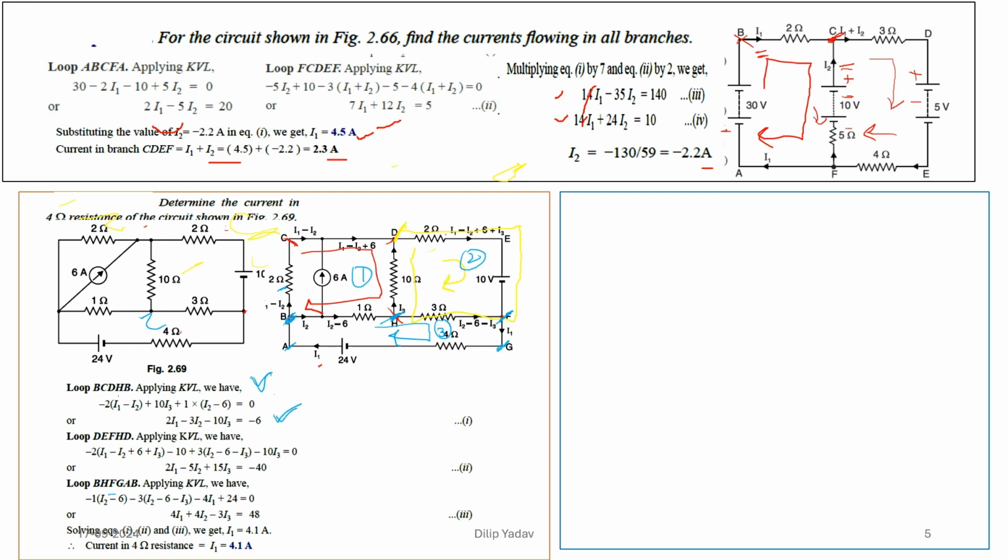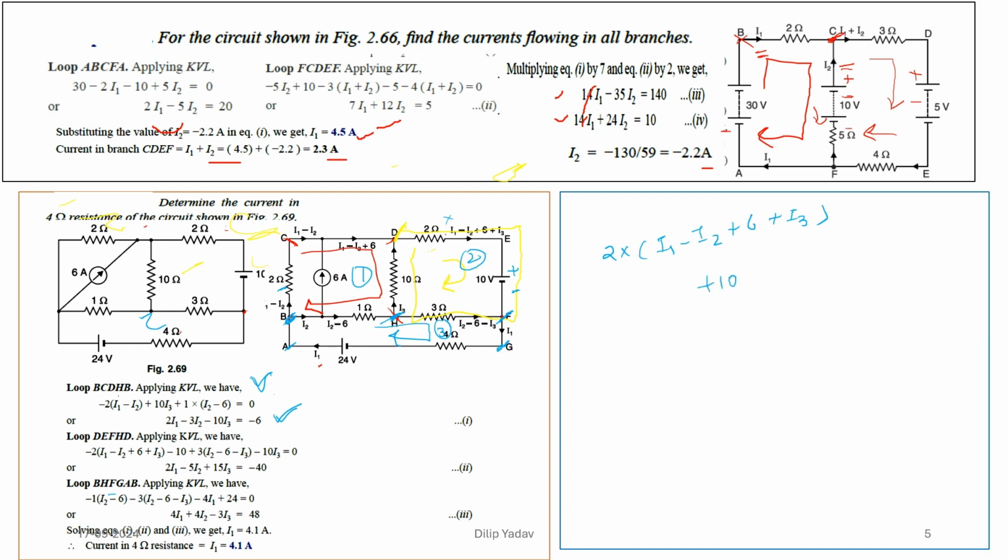The second equation, we go wherever there is resistance and the current will be multiplied across it, but we have to remember the direction of the current. This is the plus of V and this is the minus of V. So V is starting from this point. For me it will be 2 into I1 minus I2, plus 6 plus I3. This will be the voltage across this,